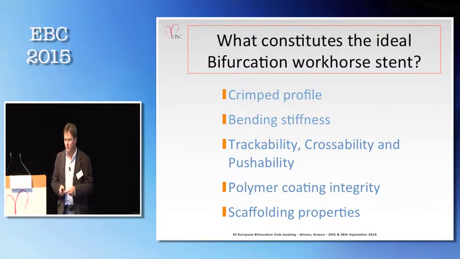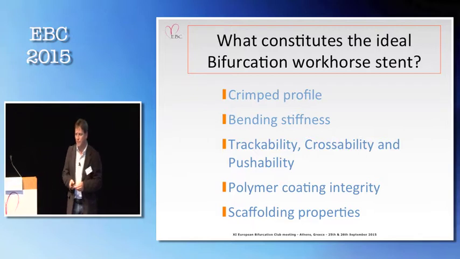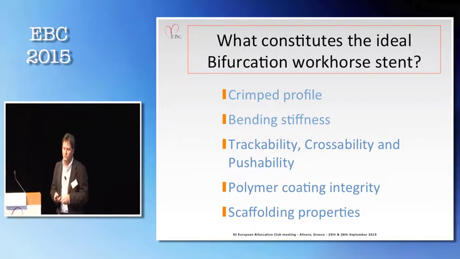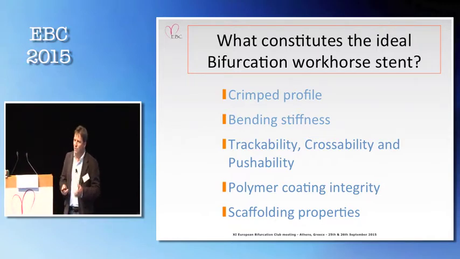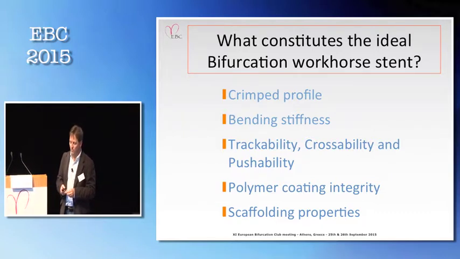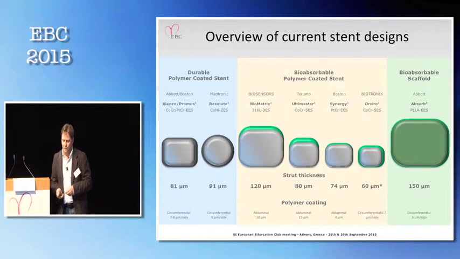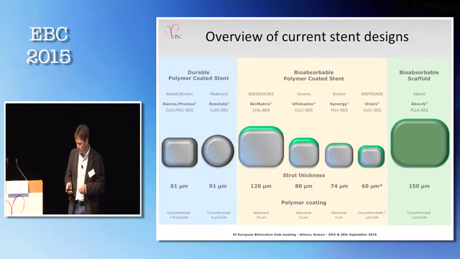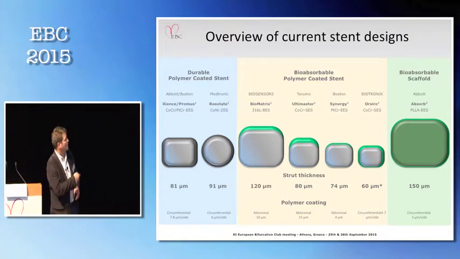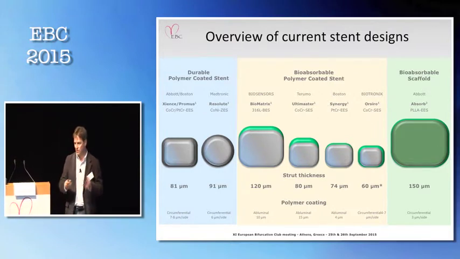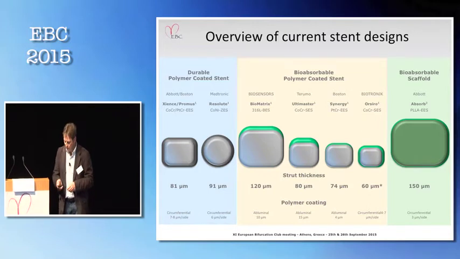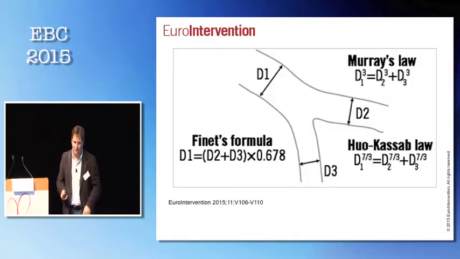What is the trackability, the crossability, and the pushability? And of course, when we do all this work with the stents, how is the polymer reacting, and is the coating capable of being intact after all the manipulation? And of course, also the scaffold properties. So if we have a little overview of the current stents, you know there are differences in shapes, in where the polymer is placed, and in the shoulders of the stents when you push them through. But most of all, I think we need to